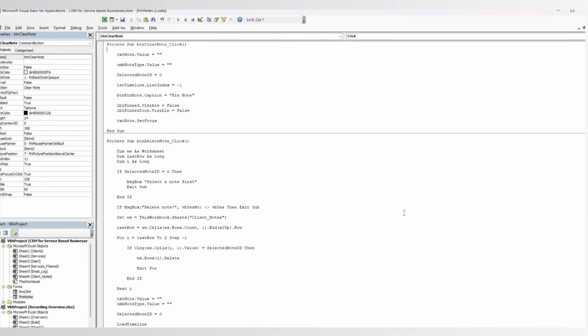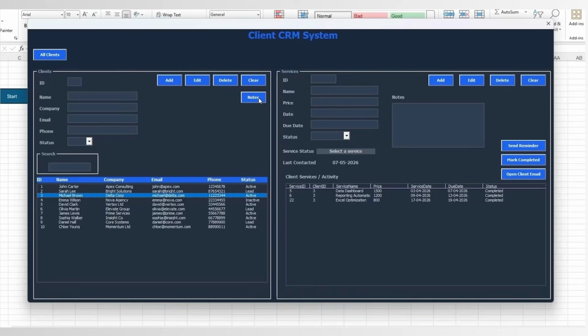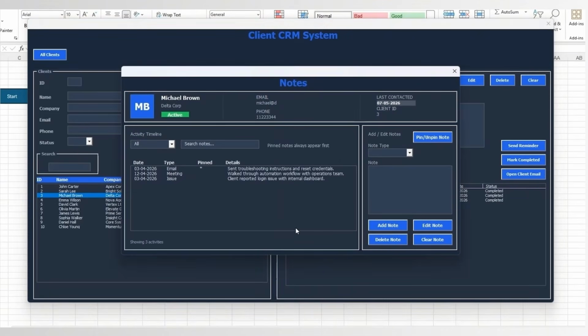The clear button resets the node editor, removes the active selection, restores the default pin status, and focuses the cursor back into the node editor. So now that the node system is fully working inside our Excel VBA CRM, we can track client activities instantly. Pin important nodes on top, unpin them so they go back to regular nodes,